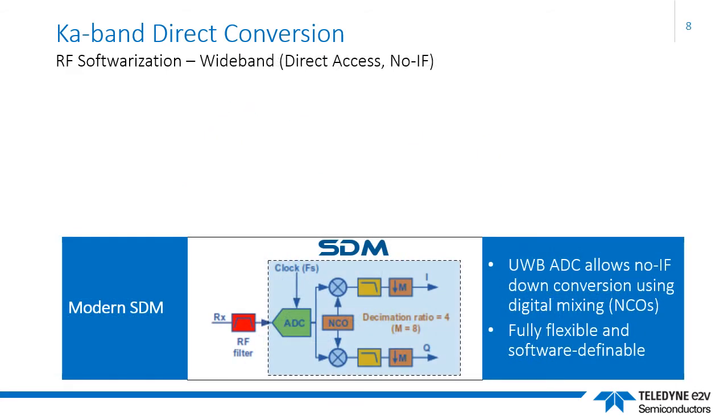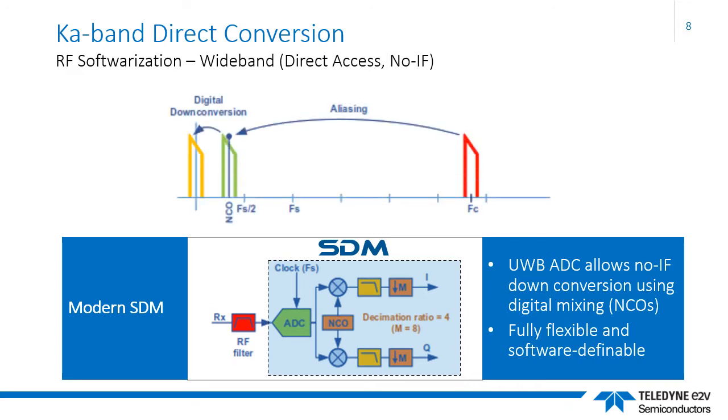A modern SDM exploits wideband data converters and therefore pushes the converter increasingly closer to the source RF signals. You'll note that in this case, the local oscillator and IF stage have gone, and now the ADC samples directly from the RF bandpass filter. Sampled signal power is aliased into the sample rate range of the ADC. All other frequency operations are now handled applying a digital signal processor in the digital domain. SDMs are getting increasingly advanced as raw processing power has helped here significantly. Furthermore, ultra-wideband ADCs are now more widely available.